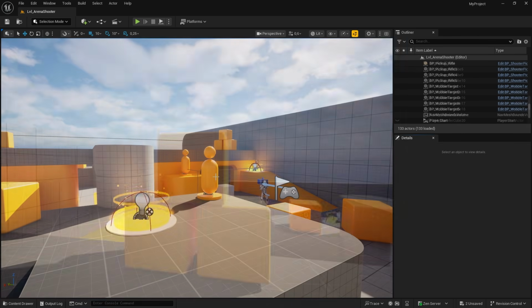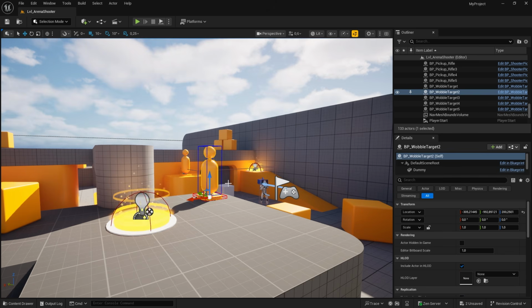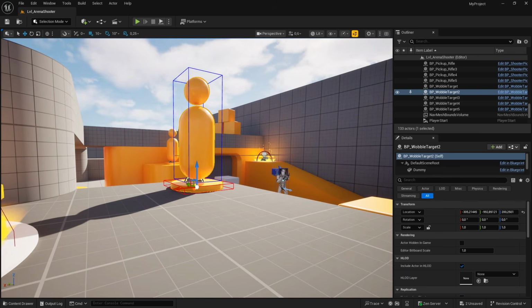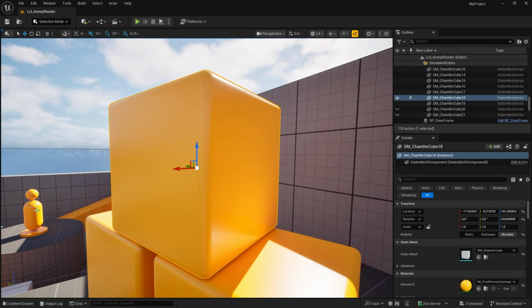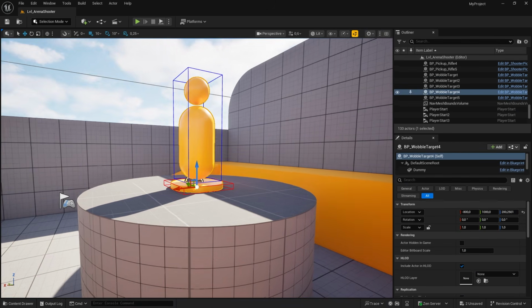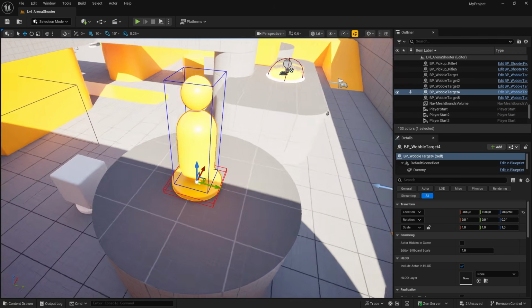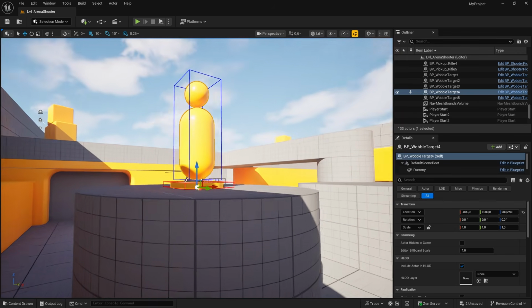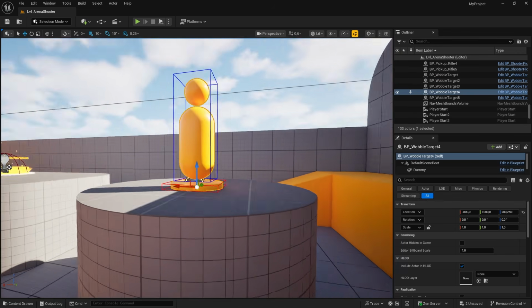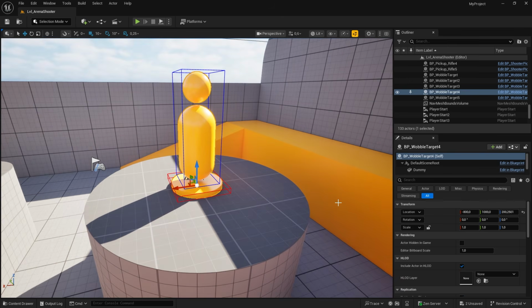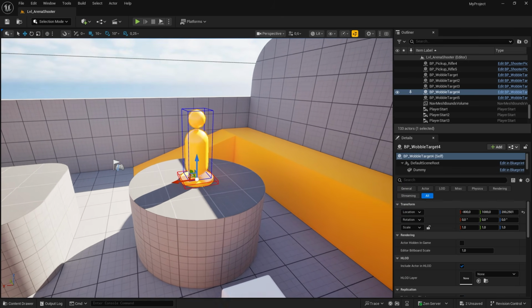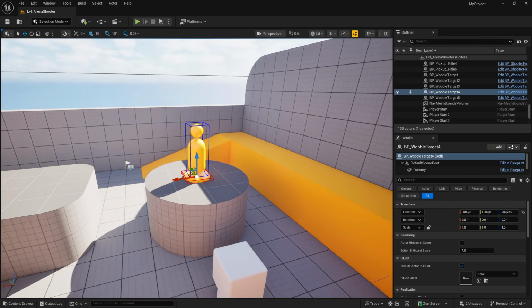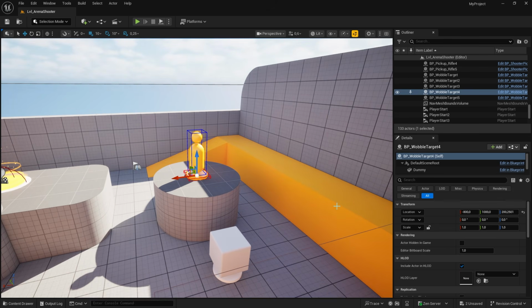Next, let's take a look at controls for orbiting the camera around an object or the pivot point of an object. By selecting an object in the level and pressing the F key, the camera will focus on the selected object. This will move the camera closer to the object and put it as the camera's focal point for orbiting. If you then hold down the Alt key and the left mouse button at the same time, you can drag your mouse around to orbit the camera around a focused object or point of interest when multiple objects are selected. If you instead hold down Alt and the right mouse button and drag your mouse, it will dolly the camera, which will move the camera toward and away from this focal point.